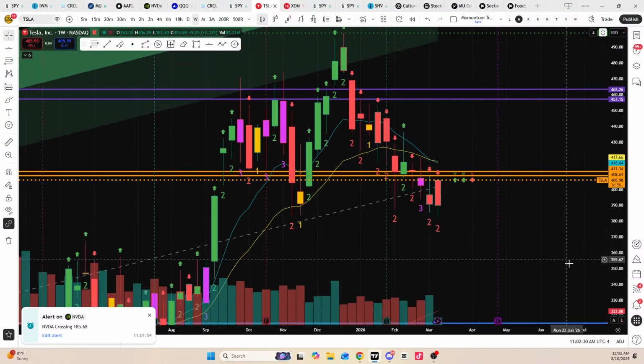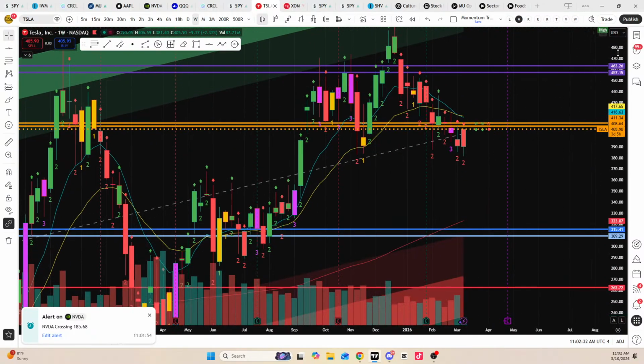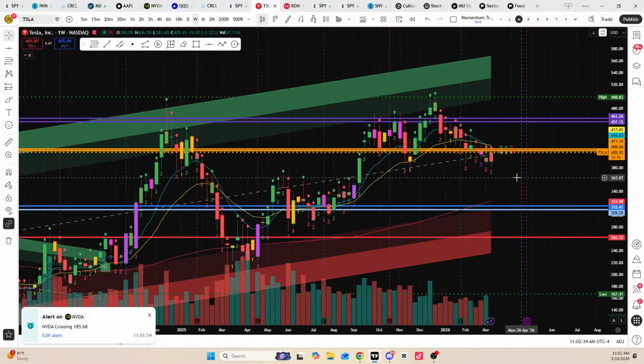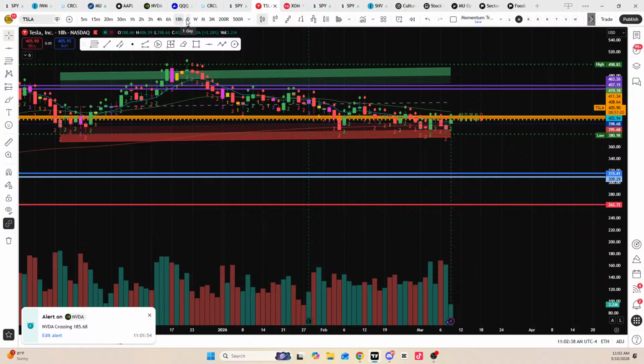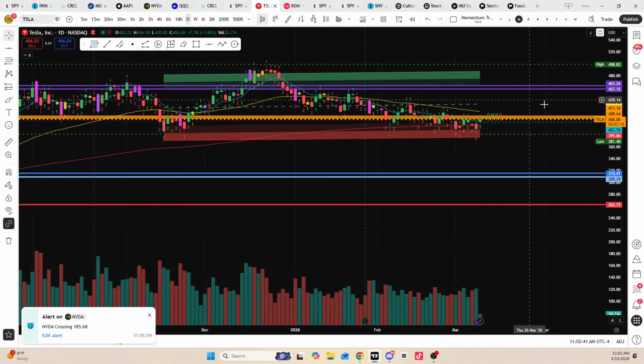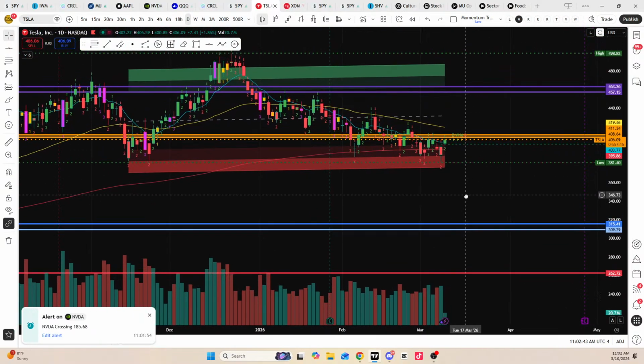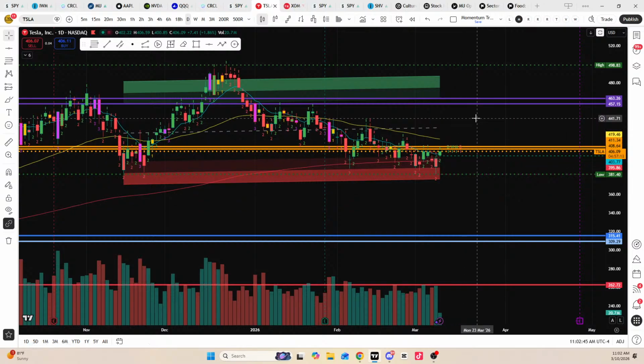Let me look at Tesla on the trend. Tesla is still holding in an uptrend on the daily. On the weekly for sure, believe it or not. On the daily, let me see. The name was in a downtrend, kind of consolidation on the daily, and right now towards the bottom of that consolidation. So we can get a nice pop out of Tesla from down here.